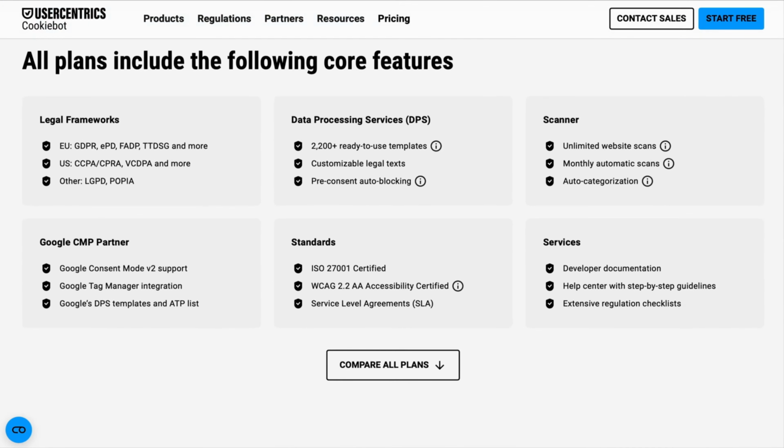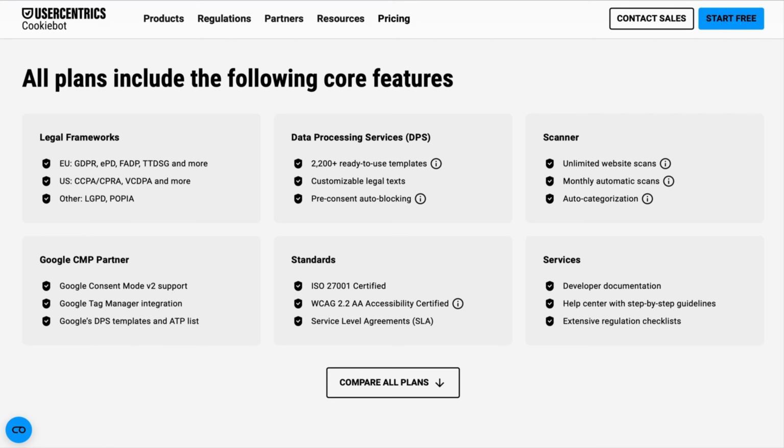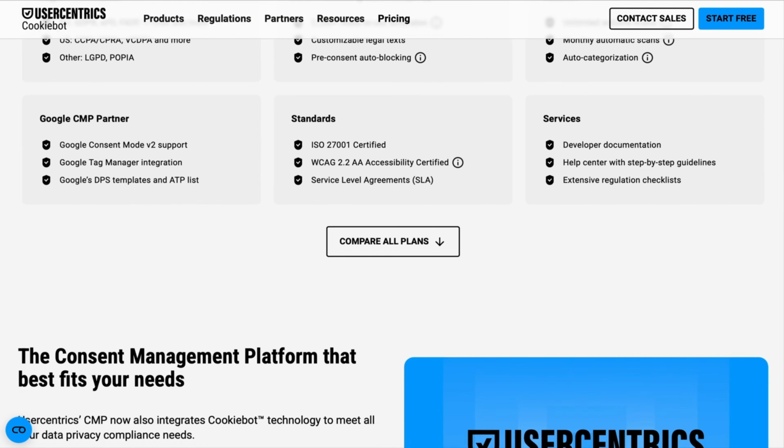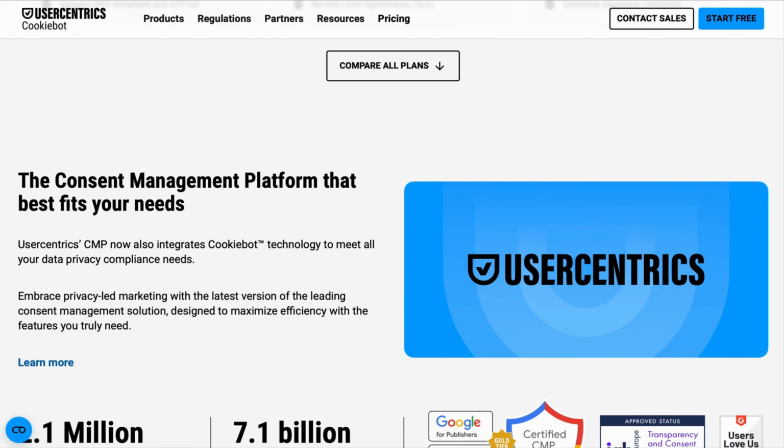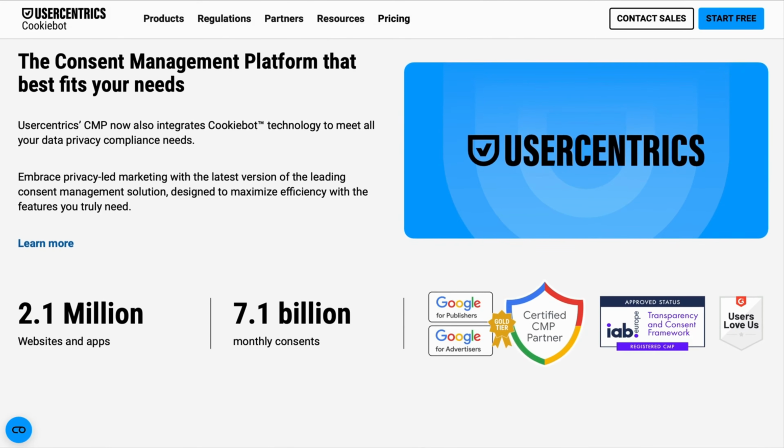But the main thing is, it blocks cookies automatically until the visitor gives you permission. So if someone lands on your site from Germany or California or wherever, and they haven't opted in yet, your Google Analytics, Facebook Pixel, YouTube embeds, all of that gets paused. Only after they say yes does that stuff activate. That's what makes Cookiebot different. It's not just showing a pop-up for looks, it's actually doing the work behind the scenes to keep you compliant